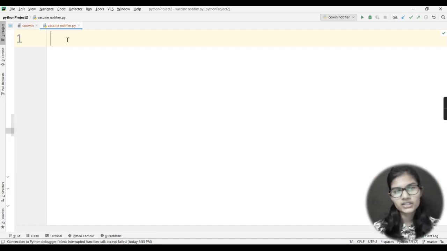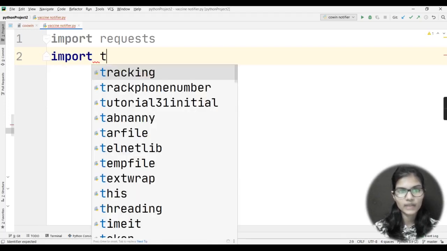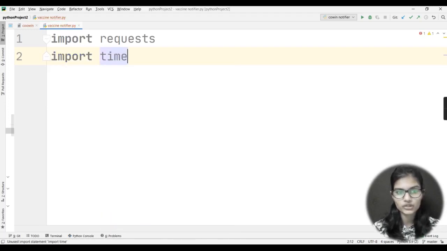Right. So as soon as I have installed my first library, the first thing I need to do is quickly import it here, correct? So for importing, I would simply write import requests. This is the first library that I have imported here. Now, what about my second one? For the second one, I will write import time. I would be importing the time module also here, right? Why I am importing this time module, I will let you know in a little bit. But for now, understand that I need to import this time module.